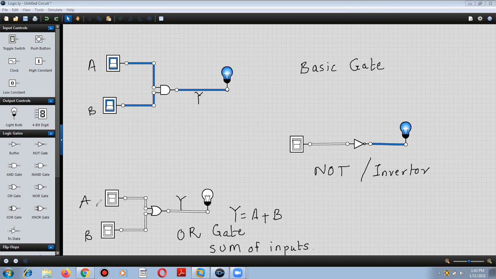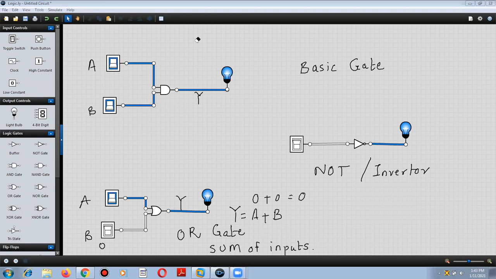Now initially both the inputs are 0. So the summation of 0 plus 0 is 0. Therefore the bulb is off over here. As I told you, off can be considered as 0. Okay. Now we'll consider the second case. I will take A as 1. I'll just double click on this. Now this input has become 1.